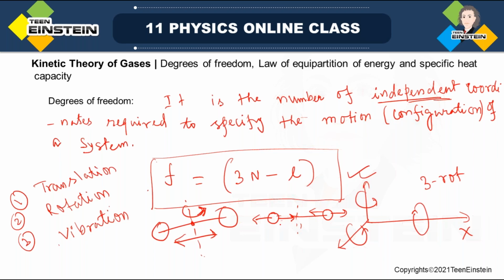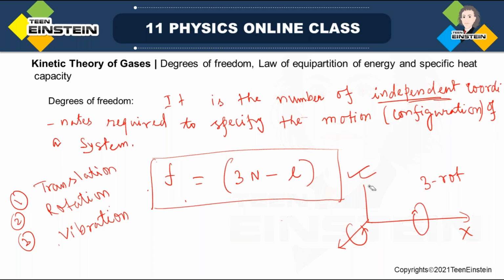So there could be three types of degrees of freedom: rotational, translational, and vibrational degrees of freedom. But for all molecules, you cannot find all three degrees of freedom. In some cases, all three will not be there. In some cases, only translational degrees of freedom will be there. In some cases, there will be rotational degrees of freedom and translational degrees of